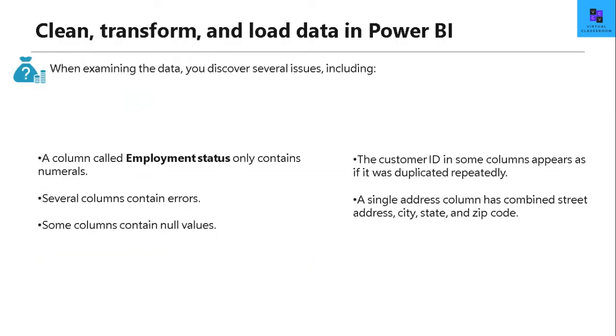First, when you're trying to get the data from various data sources, there is a possibility that your data will have a lot of issues. Like your data type is not proper. You might have text data, whereas the data type has been set as numerals. Or you could have a lot of errors within it. It has some null values, or it can have duplicate values. There are many columns which you have to split to get the information for you to analyze further. A lot of transformation and cleaning activities is required before you start examining your data.